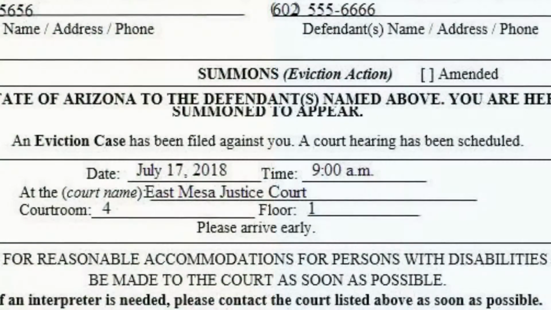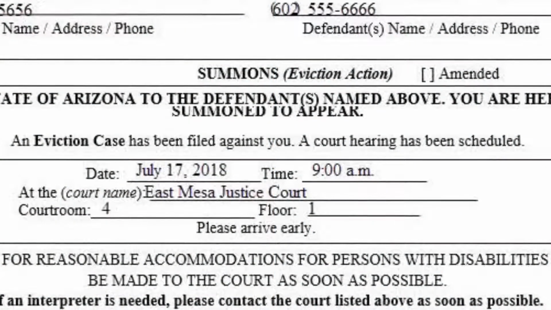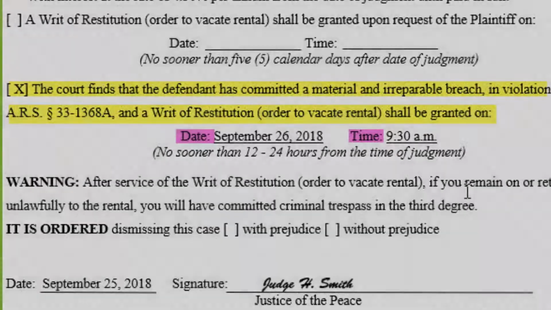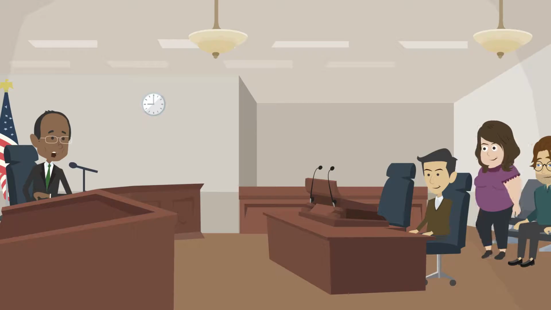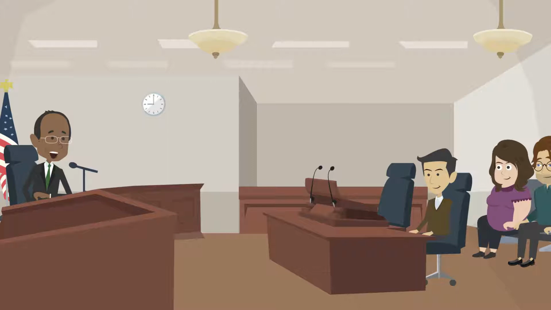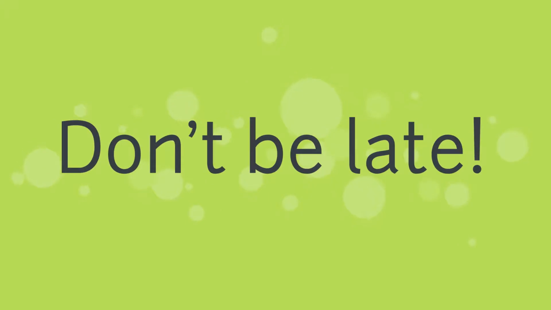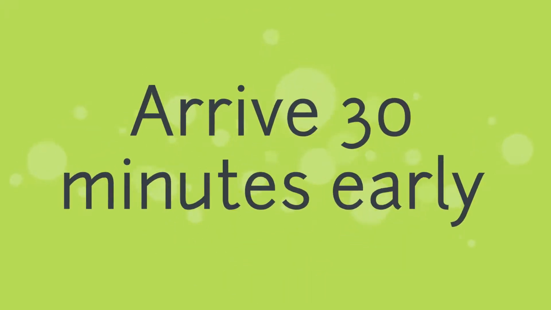The summons and complaint paperwork tell you that an eviction has been filed against you and that a date and time is scheduled for a court hearing. To present a defense and try to stop the eviction process, you will need to go to court at the time listed on your summons. Do not be late. Try to arrive at least 30 minutes early to allow sufficient time to check in and